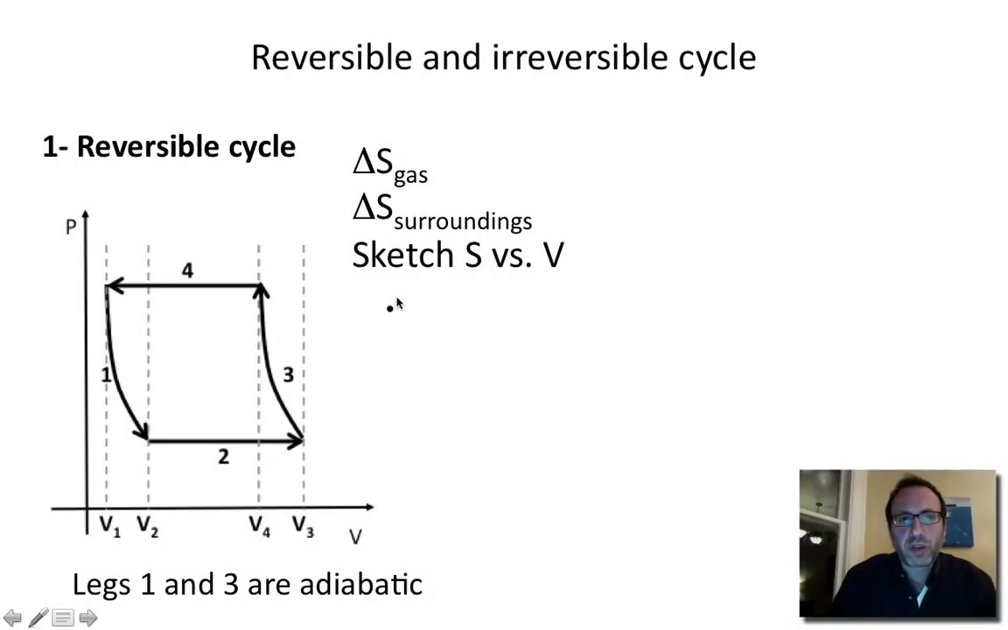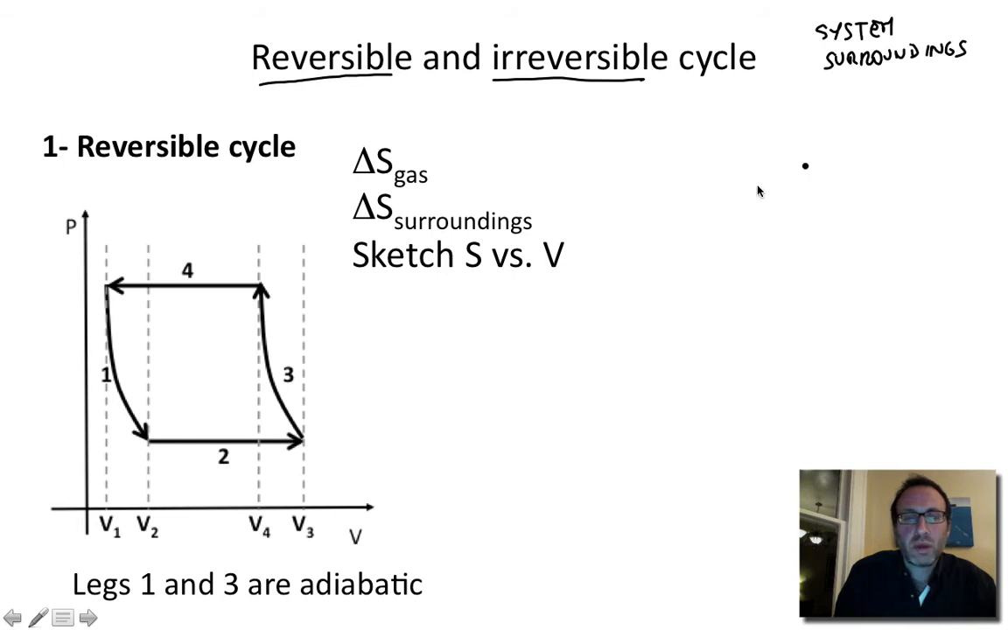The purpose of this exercise is for me to clarify really what reversible and irreversible cycle means for the system and for the surroundings. So this is a problem that I gave in midterm last year, and it starts out with a reversible cycle,